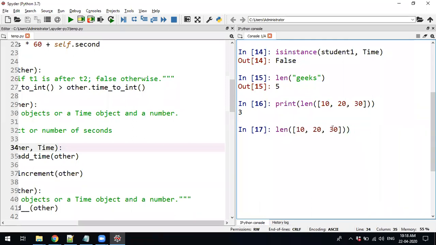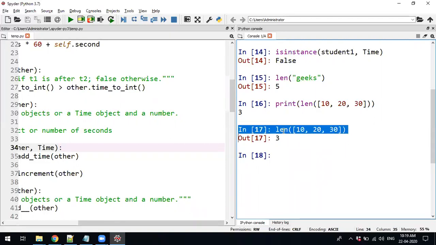Then I am checking the count. The same length is working for strings. The same length is working for tuples, sorry, lists. Then this function in the background in Python has many forms, meaning so many function bodies are written, and it is going to understand whether the value being passed is a list, a string or not.